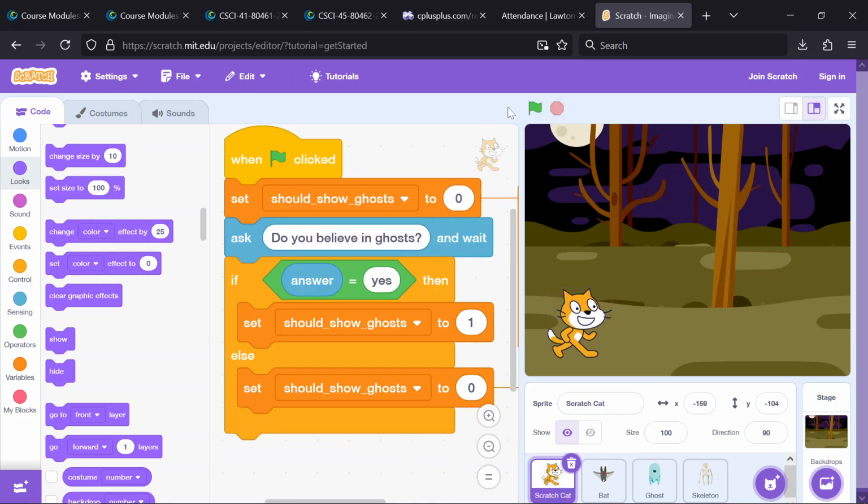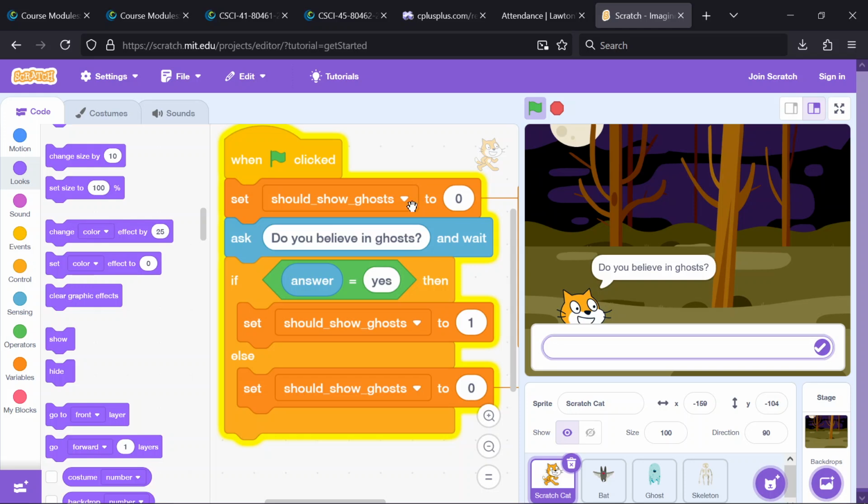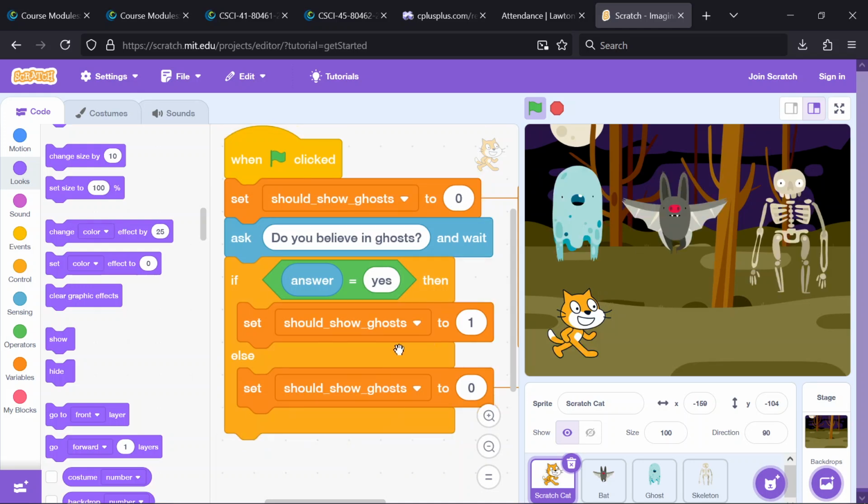Yeah, and then let's go back to the Scratch Cats program. It starts off should show ghosts to 0. And the ghosts are looking for that. They're hidden. We ask. And based on the answer, we either set the variable to 1 or to 0. And now they're shown if we typed yes. All right? Are there any questions about how this code works together with the ghost's code